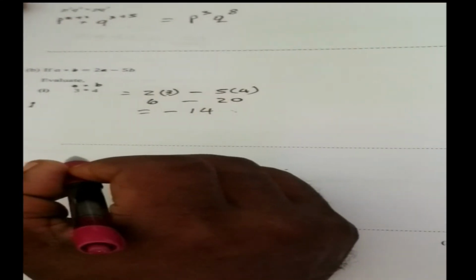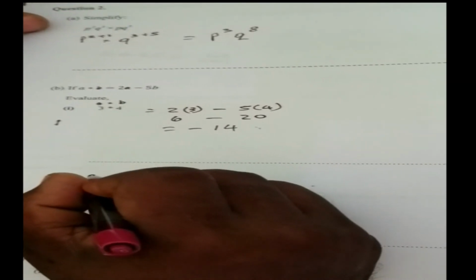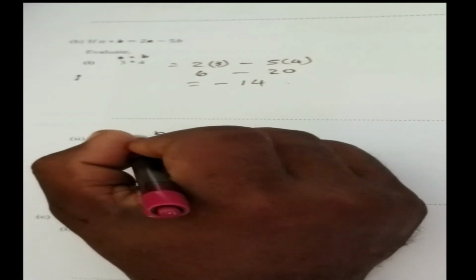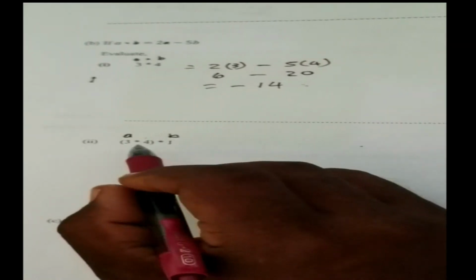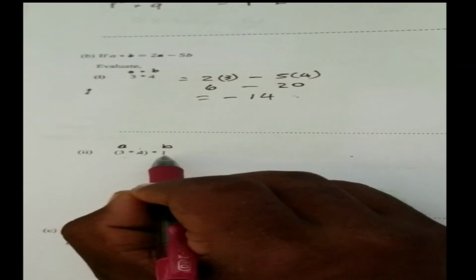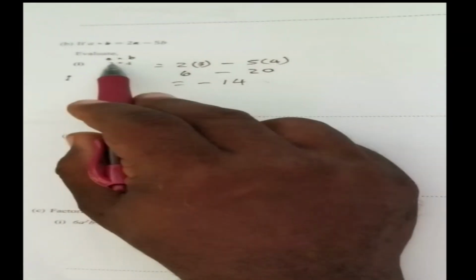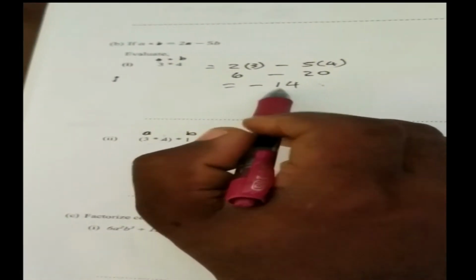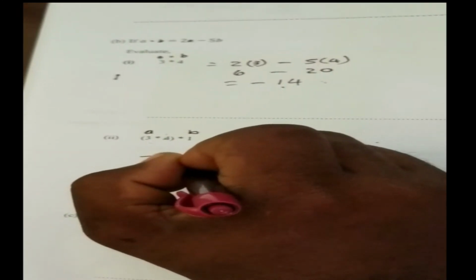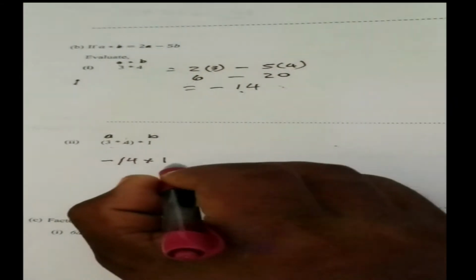Similarly now, this is a distributive type question. Here the A is this section, the 4 is still our B, but this one would be our B. So it's an operation in which we say A times B times this section, where the first would be the A and this one the B. We have 3 times 4, which is A times B, and we got this answer already, which is equal to negative 14. The negative 14 times B, which is 1, would be equal to